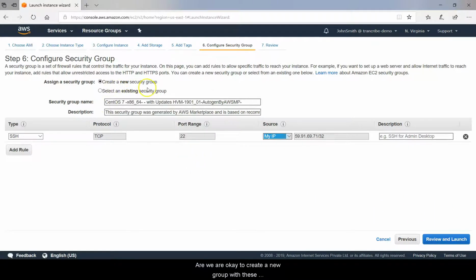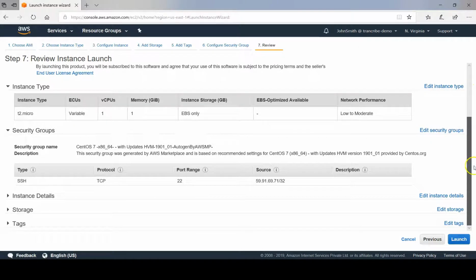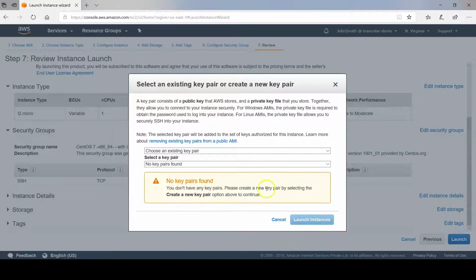We are okay to create a new group with this security group name, the description and these settings. So we click on review and launch. We review all the things that we have chosen, and we can just simply click on launch. And we have to create a key pair that we will be using for accessing our EC2 instance over SSH.